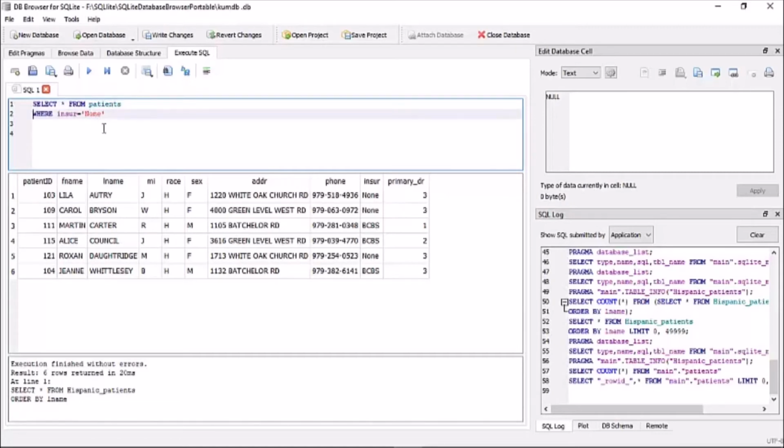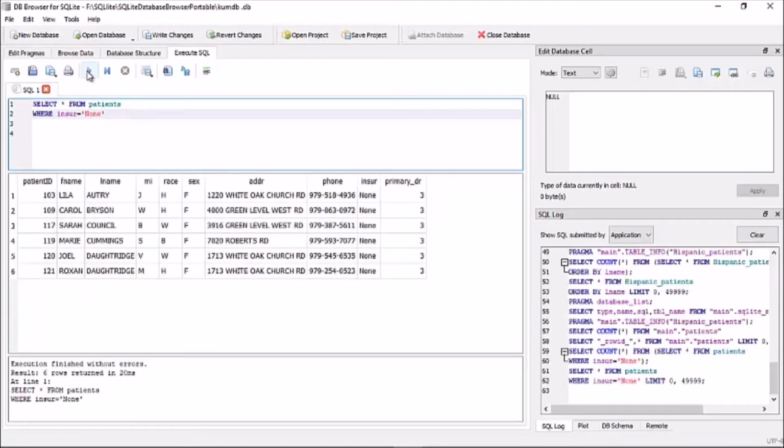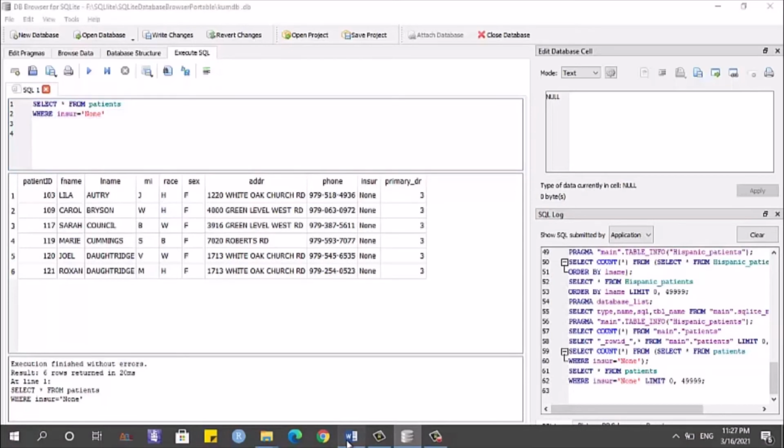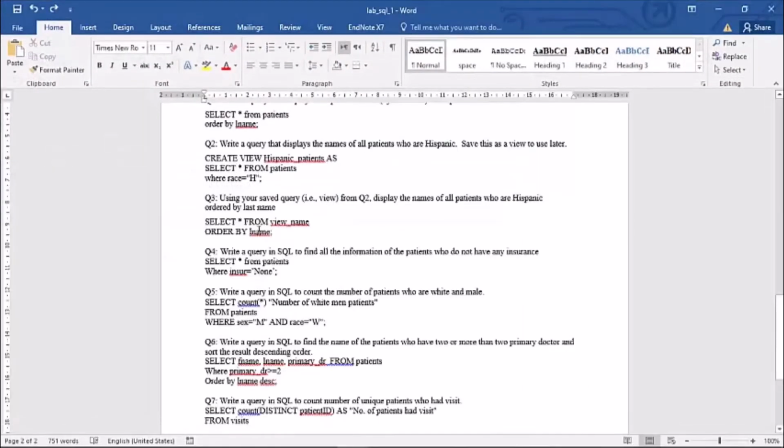Where insure equal none. Okay, the result shows these patients. The next query is